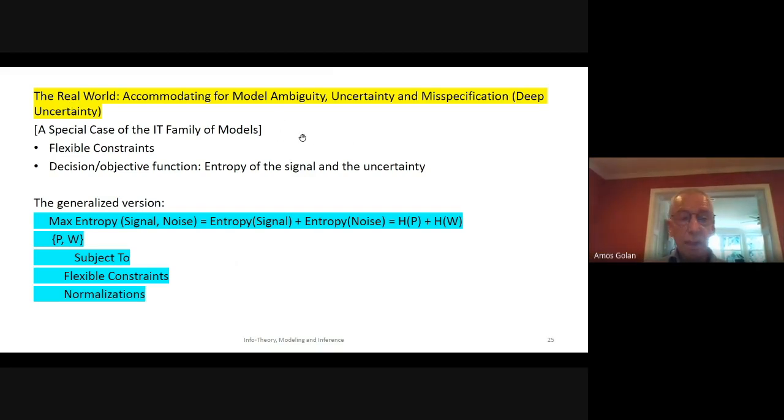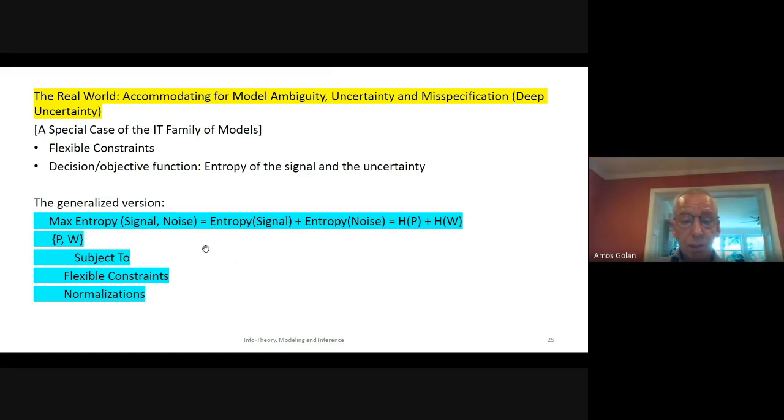The idea here is to specify the constraints as flexible, because I don't really know the model itself, or the theory. So I want to put a little bit of uncertainty about the model itself, and this will account for all possible uncertainties. I don't force it to hold, but I have to accommodate this in case there is some uncertainty.